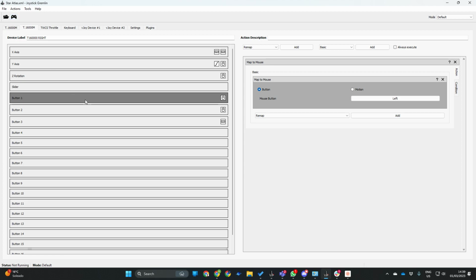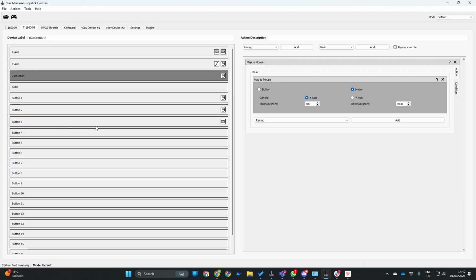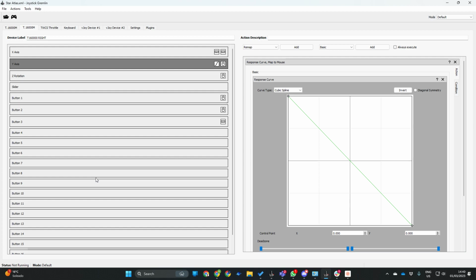If you are new to Joystick Gremlin, you can find that by deactivating. This is activated. This is deactivated. The mapping, and then just click on any of your buttons. If you click on your buttons, you will see that you can go up and down to the configuration. I have this mapped right now, so it's not going to work as expected. But in any case,